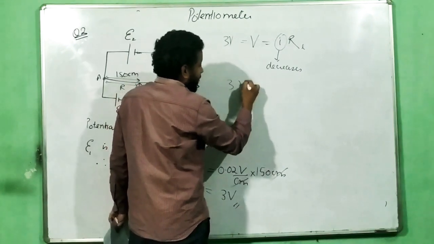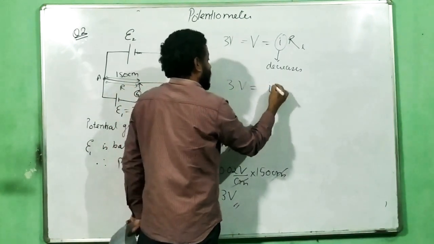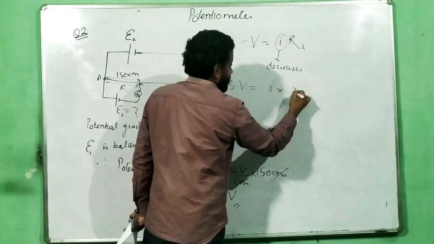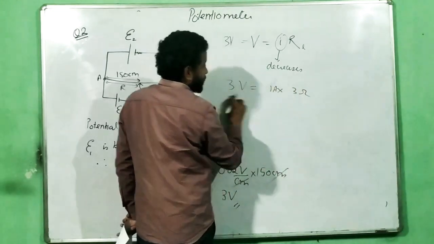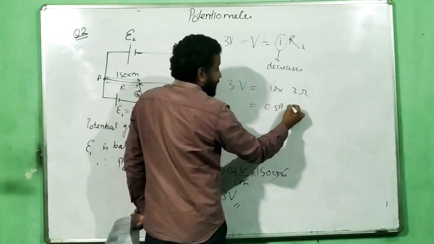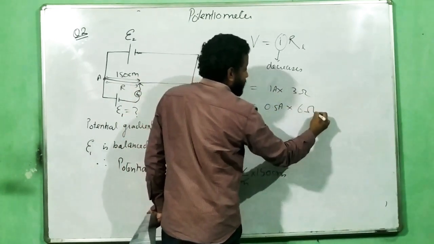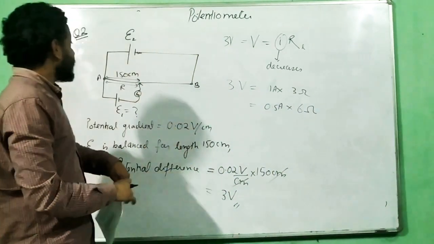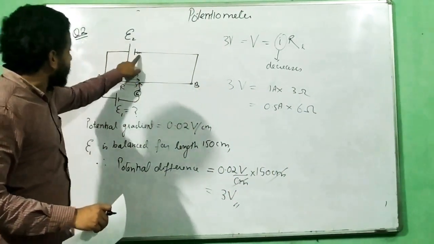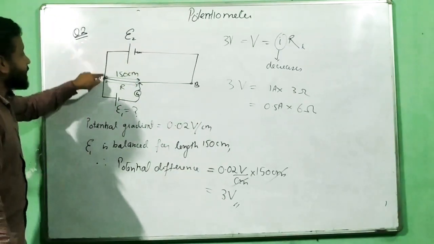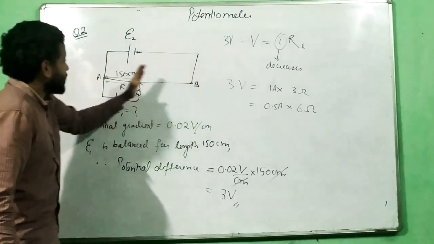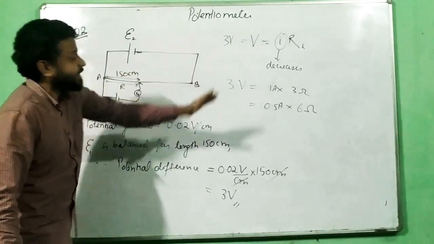It's just like you are getting 3 volt when the current is 1 and resistance is 3. Now what if your current becomes 0.5 ampere? That means you have to go for a resistance of 6 ohm. Now when will you get 6 ohm? 6 ohm you will get for a larger distance. So when your internal resistance increases, your current in the circuit decreases. That means you need more resistance, so you have to go more towards the end.